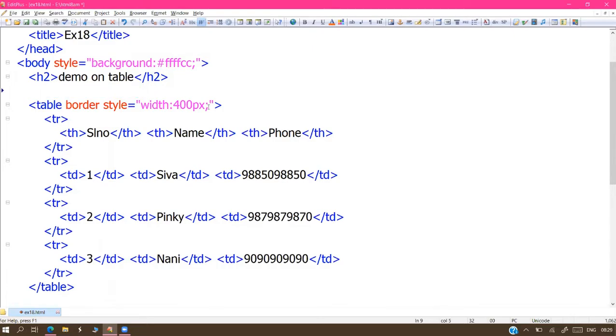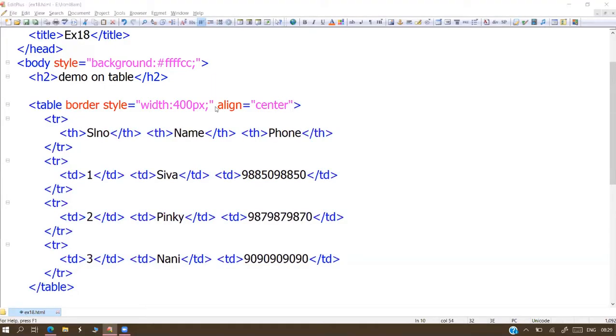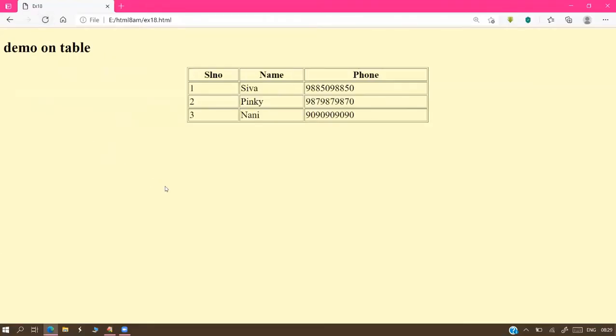See that. Suppose here I'm going to write align, sir. Align equals to center. What happens now, sir? The table comes to the center, not the data. Data is available on the left side only. See that. The previous day's alignment. But the table position is changing to center. The align attribute, the same point we discussed 2 or 3 days back.